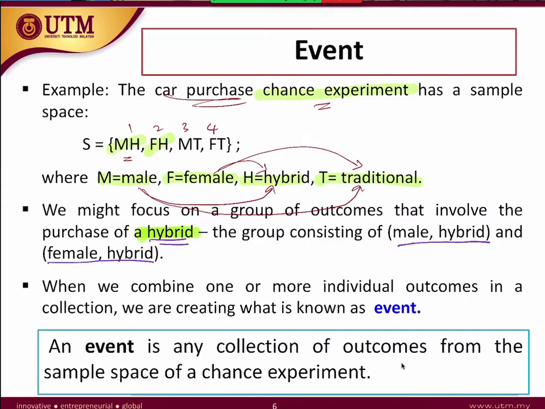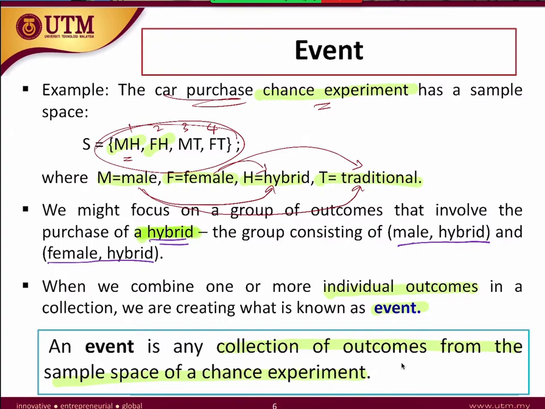When you have these individual outcomes, we call it an event. An event is a part of the sample space, only that we specify what we want, meaning that we are not interested in all of the sample space, but only in a certain event that might happen from our sample space. An event is a collection of outcomes from the sample space.